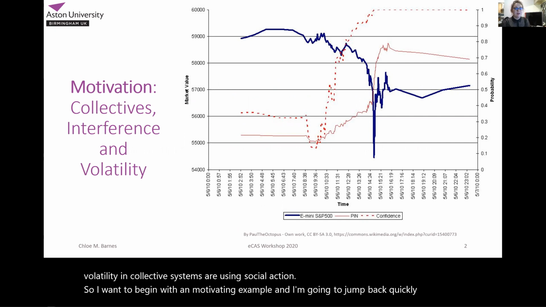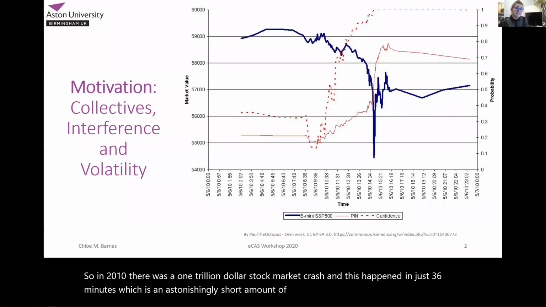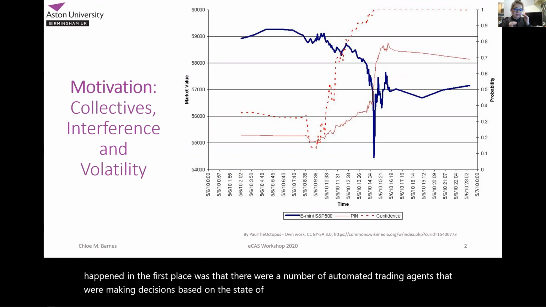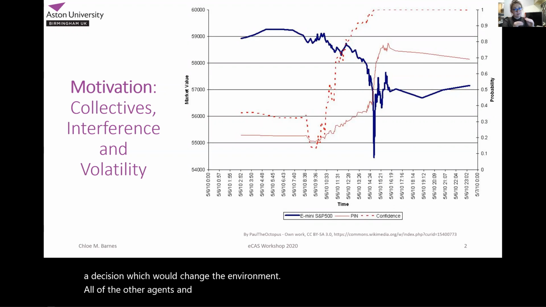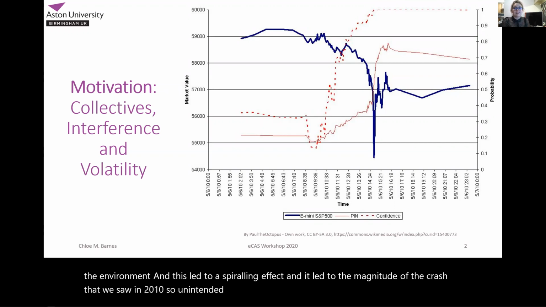to 2010. So in 2010, there was a $1 trillion stock market crash, and this happened in just 36 minutes, which is an astonishingly short amount of time. And part of the reason that this happened in the first place was that there were a number of automated trading agents that were making decisions based on the state of their environment. So an agent would make a decision which would change the environment for all of the other agents, and then another agent would make a decision and that would change the environment. And this led to a spiraling effect, and it led to the magnitude of the crash that we saw in 2010. So unintended interactions between entities can have a catastrophic effect, and you can see that in the diagram on